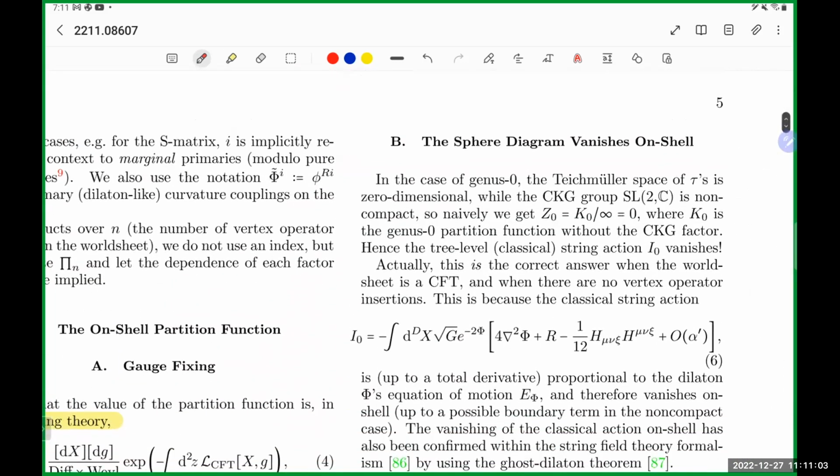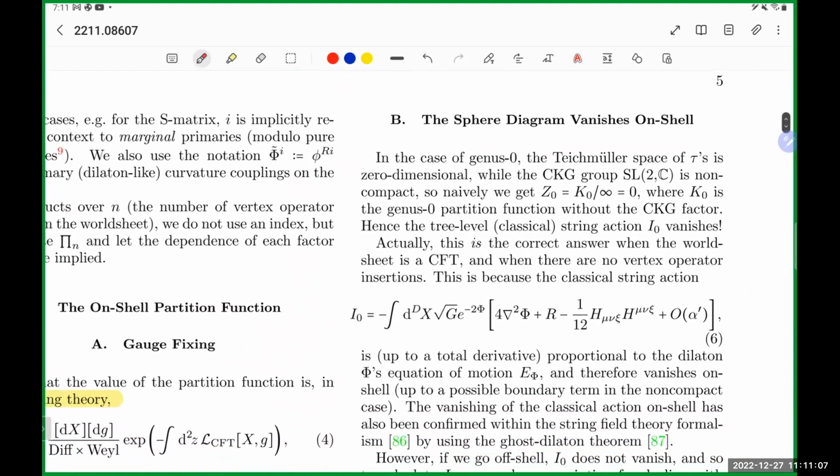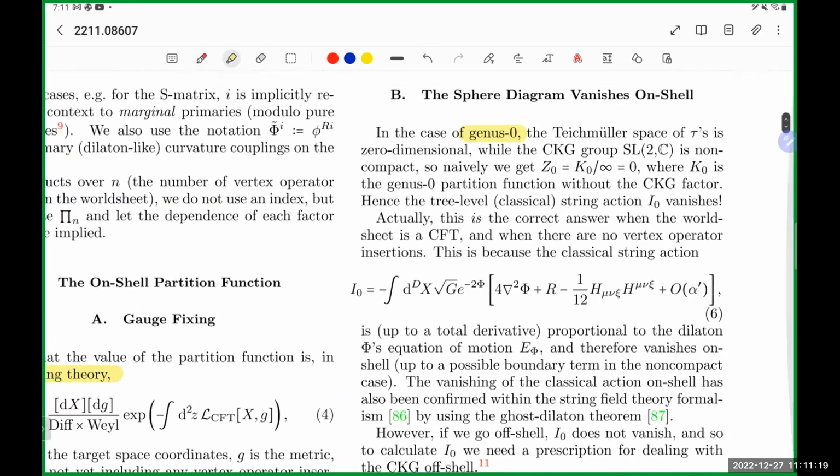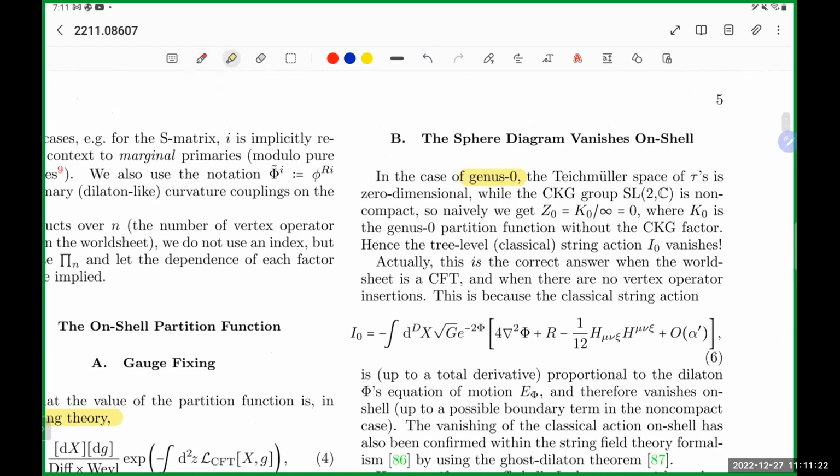Now let's focus on the sphere. On the sphere, in the case of g equals 0, the Teichmüller space is 0. Don't have any moduli space. Genus 0 has no moduli space, right? You just fix the